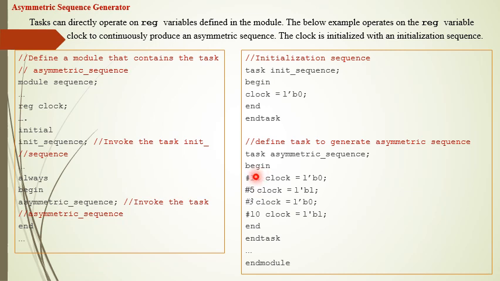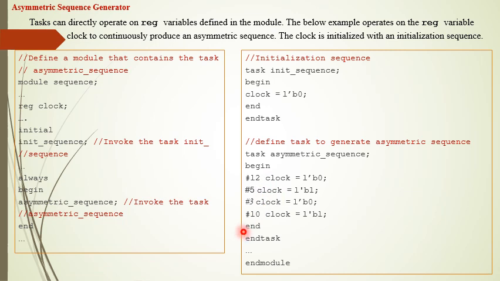So inside the task, after 12 time units we say clock is equal to 0, and after 5 time units clock is equal to 1, after 3 time units clock is equal to 0, and after 10 time units clock is equal to 1. So this generates some asymmetric clock in this manner.